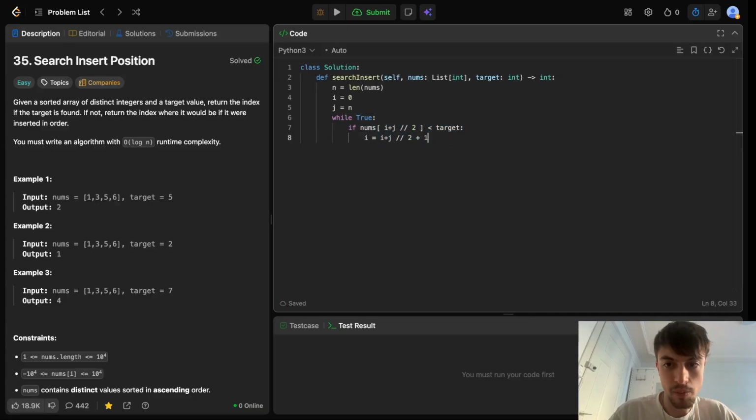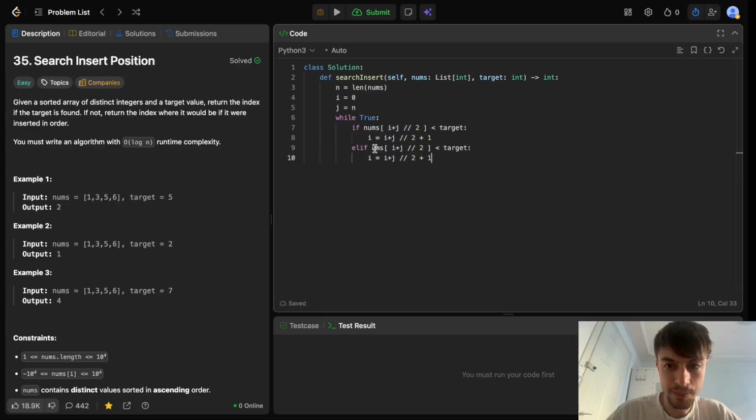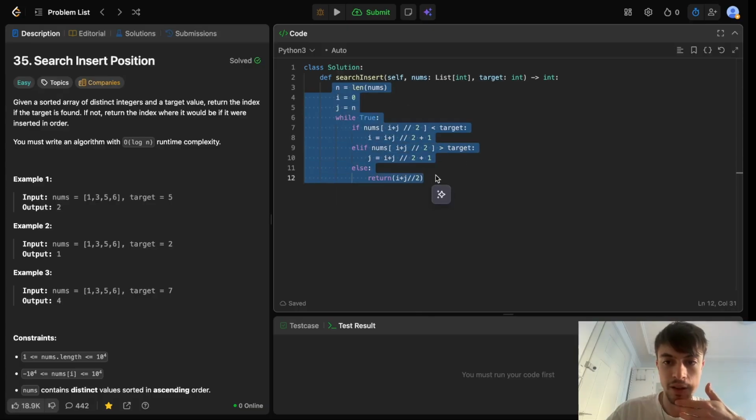Else if the opposite happens, if it is greater than the target, then it's j that has to be set to that. Else, that's it, we return (i + j) // 2. So this is what we need to do binary search. Then what we need to return is the index if the target is found. But if it is not found,